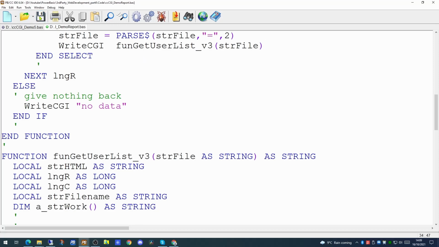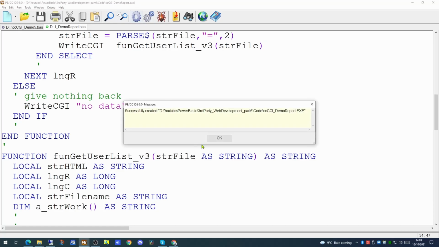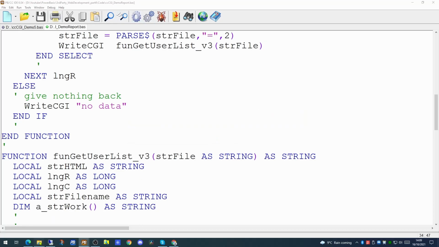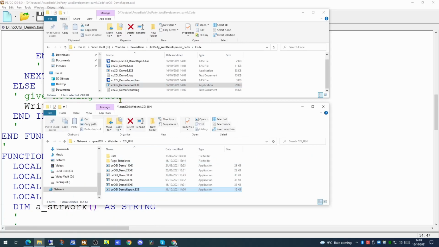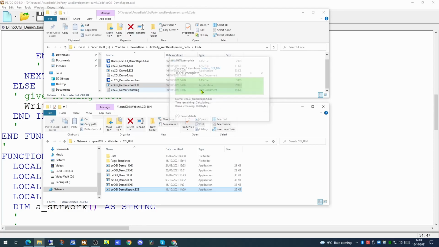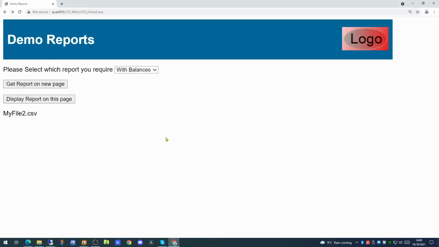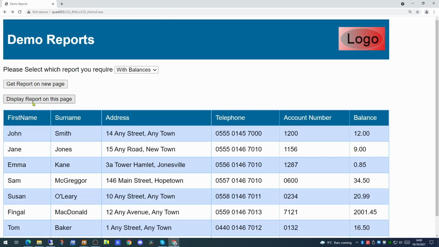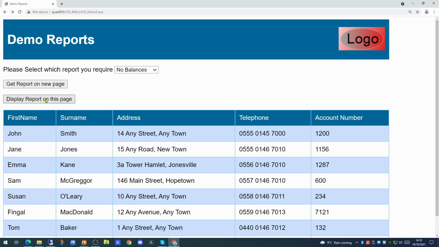So let's compile that, go back and copy it onto the web server. And if we go back to our web page, which is our demo5.exe, if we click on our display report on this page now, it will successfully display our HTML formatted table. If we select the other file, the no balances file, click on the button and it displays the account number